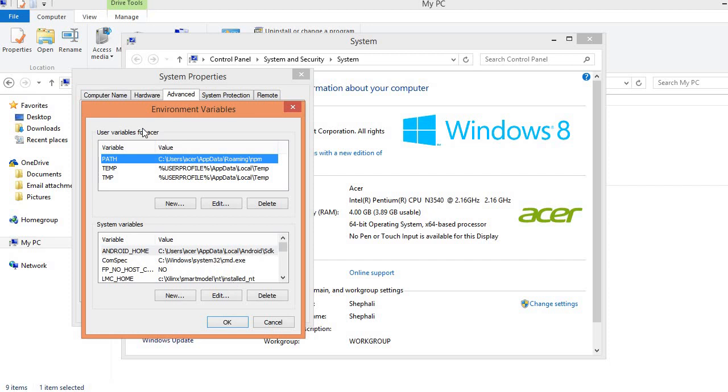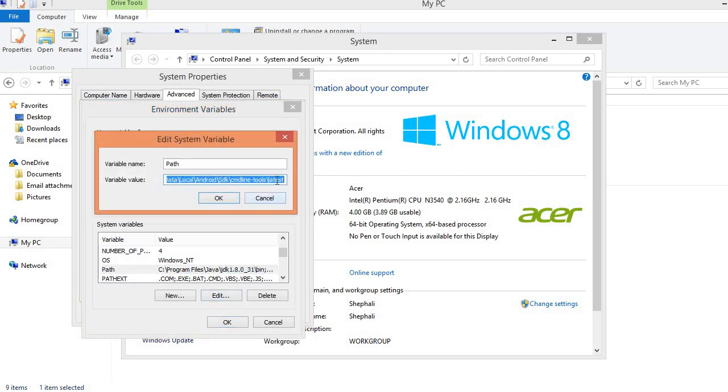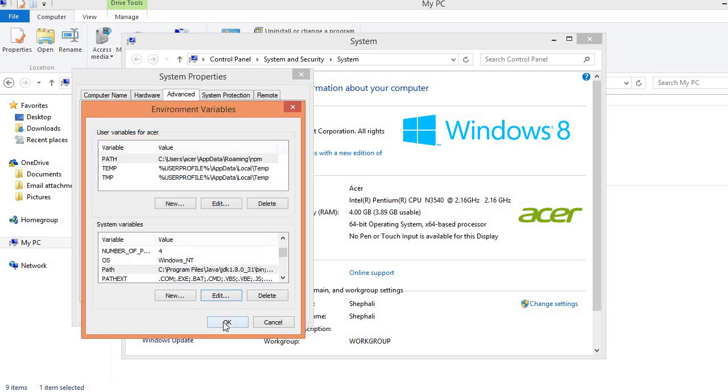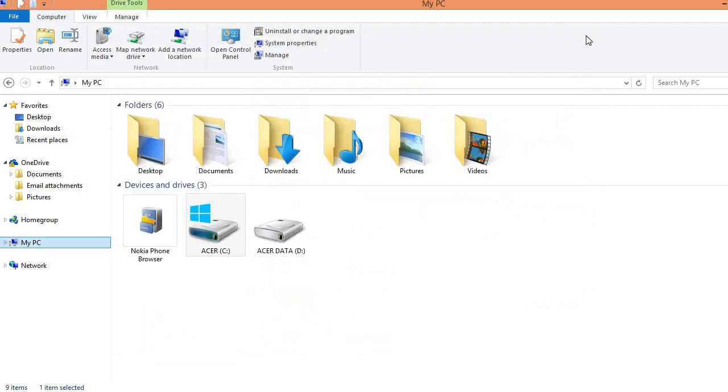Here you have two options, user variables and system variables. You don't need to touch user variables, just touch system variables. Inside system variables you will have an option for path, and inside path you need to click on the edit button and then paste your JDK bin folder path. I already have it, so I am not going to touch it. Then click on OK, then OK.